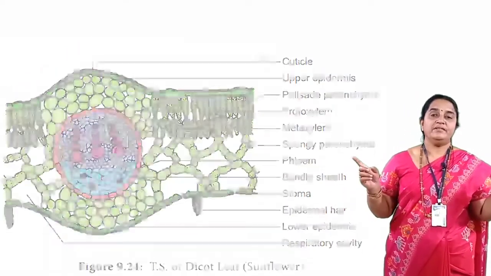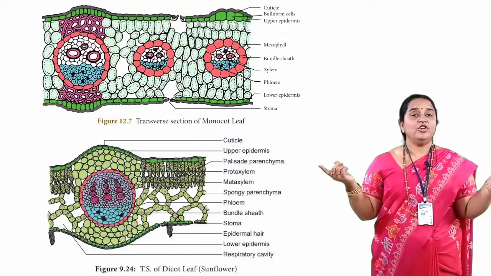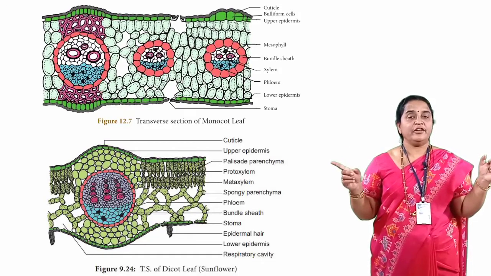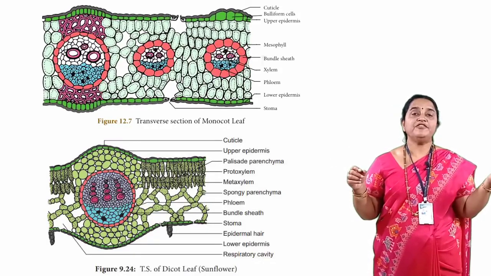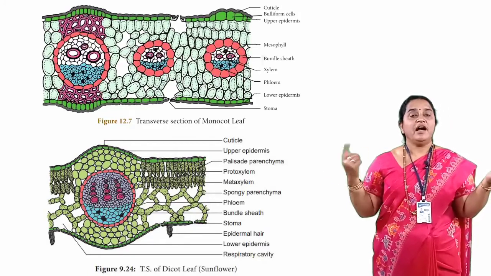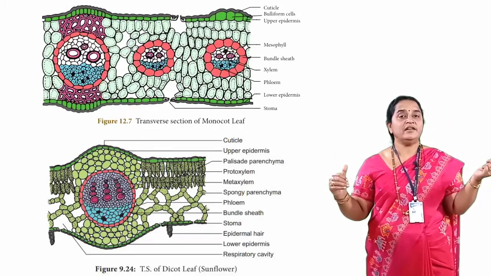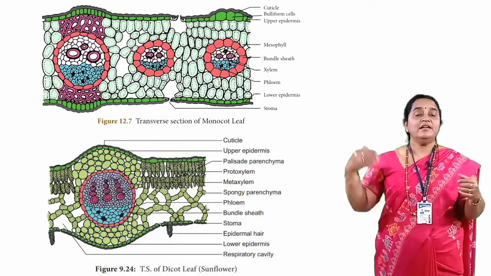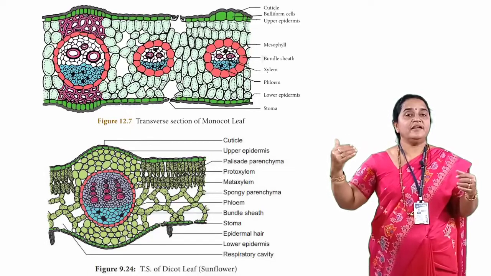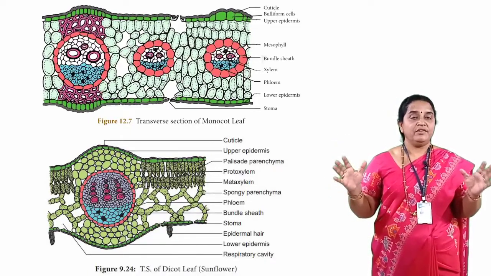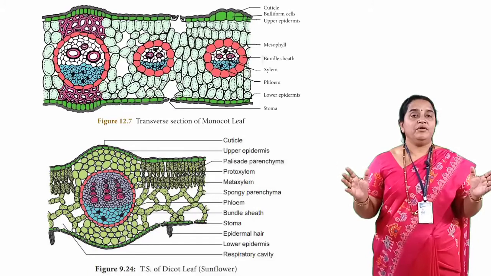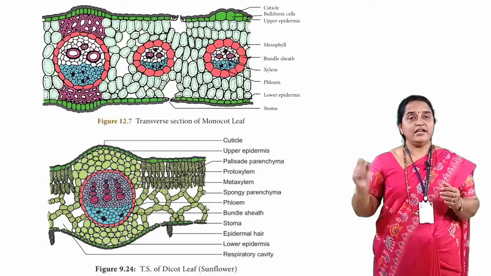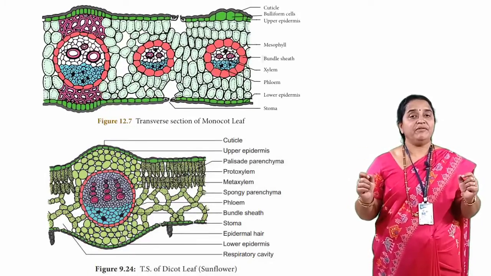So when you compare isobilateral leaf with dorsiventral leaf, no trichomes in monocot leaf, trichomes are in dicot leaf. Amphistomatic condition in monocot leaf, hypostomatic condition in dorsiventral leaf. Mesophyll is undifferentiated, it is spongy in isobilateral, and in dorsiventral it is palisade and spongy mesophyll. With this we have covered anatomy of isobilateral leaf and dorsiventral leaf. Need to draw the diagram and you have to be perfect for 5 marks.